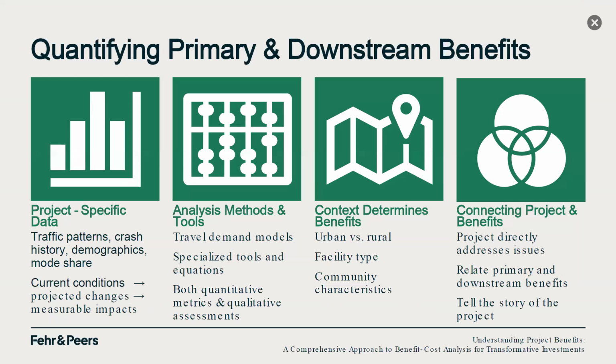I just wanted to talk a little bit about how to actually quantify them, since a lot of these do happen prior to your economic model. So starting with the project data, looking at the travel patterns, the crashes, the demographics, remembering that this is over the course of 20 years. So it starts a couple of years after the project is constructed, working with your original model or other sources to get how that population goes into the future. Right. And then also how the project changes, right?